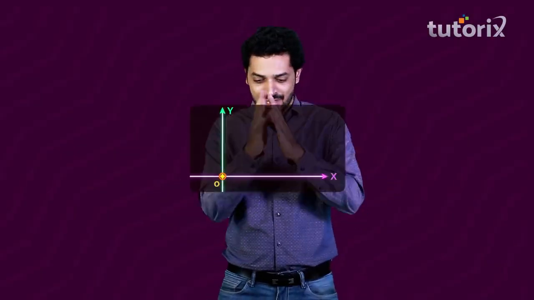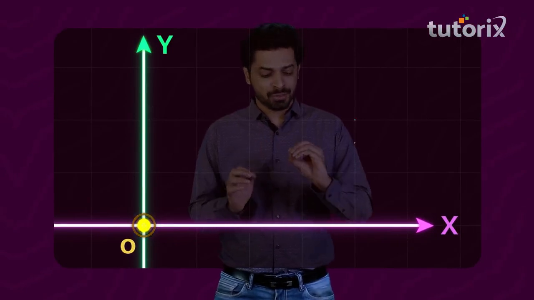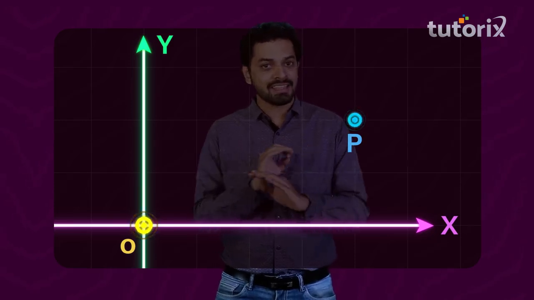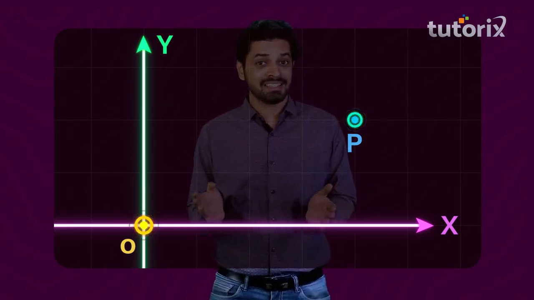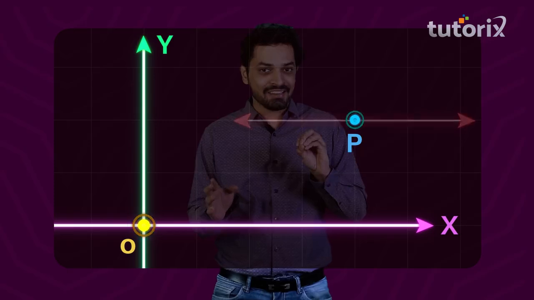Hello friends, let's consider this plane. Now I tell you that a line I have in mind passes through this particular point. Now I only give you this particular piece of information and nothing else. Now can you guess the line? You can give it your best, but you cannot guess the line because there can be infinite lines passing through